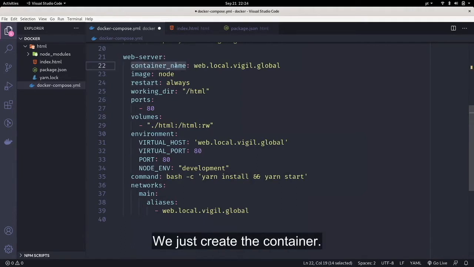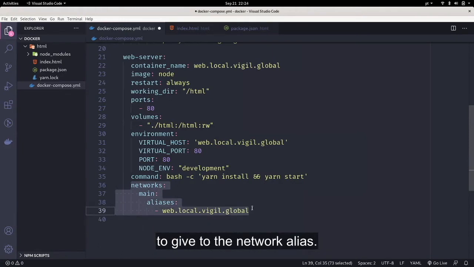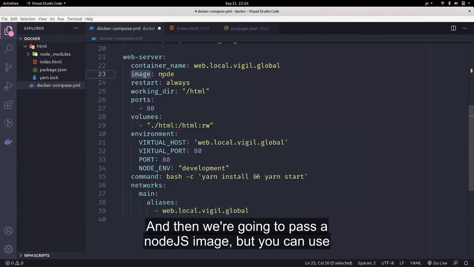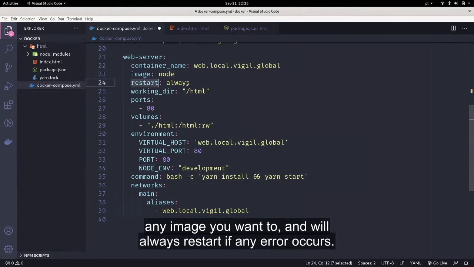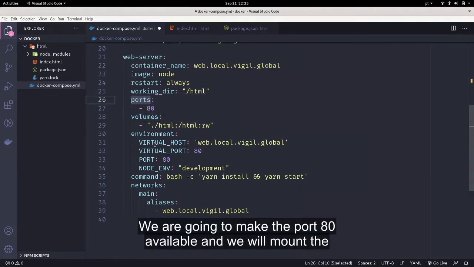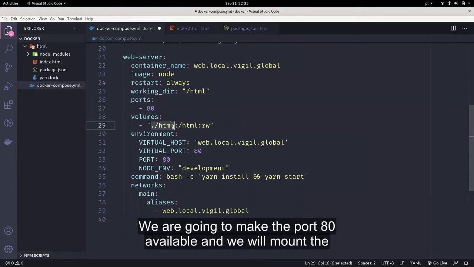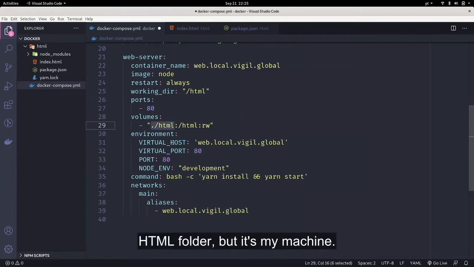We just create the container, we pass the container name, exactly the same name we pass to the container name, we are going to give to the network alias. And then we're going to pass a Node.js image, but you can use any image you want to. It will always restart if any error occurs. We are going to create a folder inside the service. We are going to make the port 80 available, and we will mount the HTML folder,